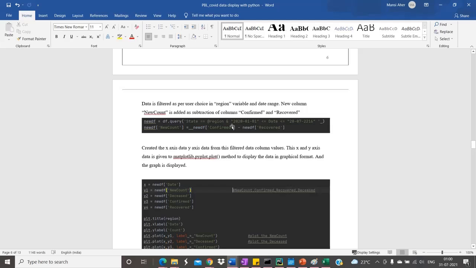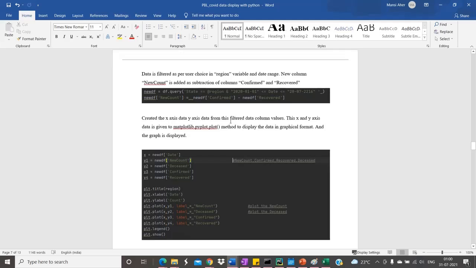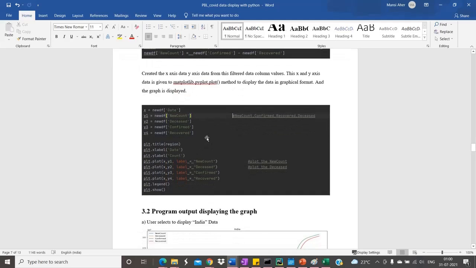And a new column will be added for the confirmed and recovered cases of the number of patients. After that, this is the code for plotting the graph using the matplotlib pyplot library method, which will help us in displaying the line graphical format.